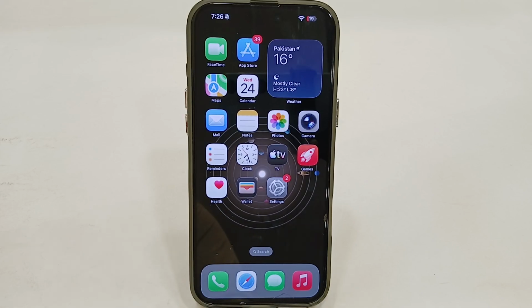Hey guys, today I'm going to tell you how to permanently delete Instagram account. If you're using Instagram and you want to permanently delete your Instagram account, so let's see how you can do